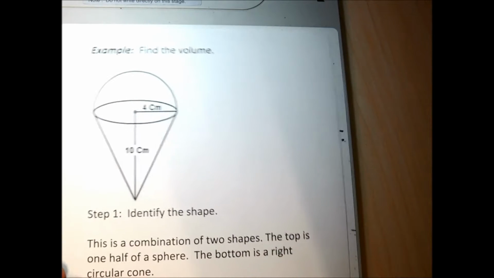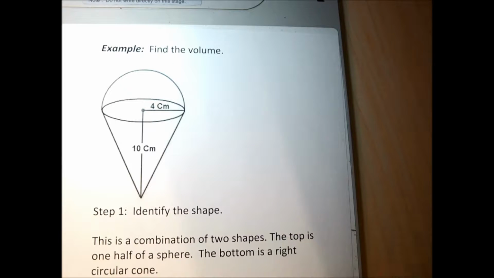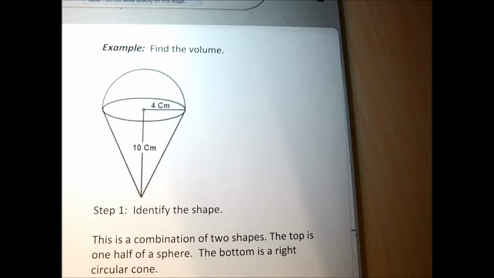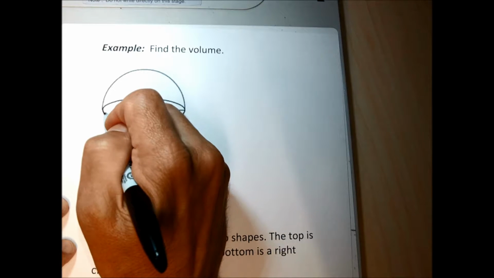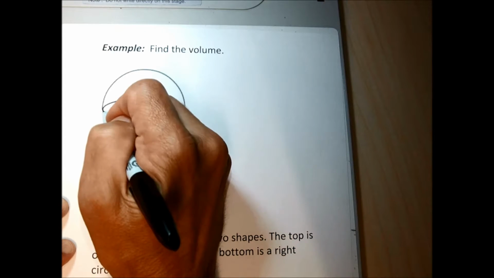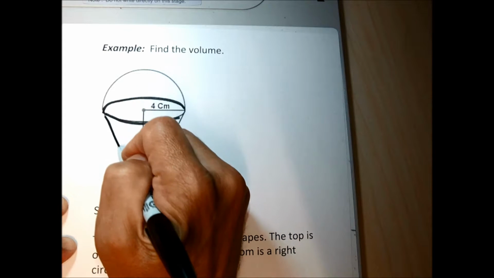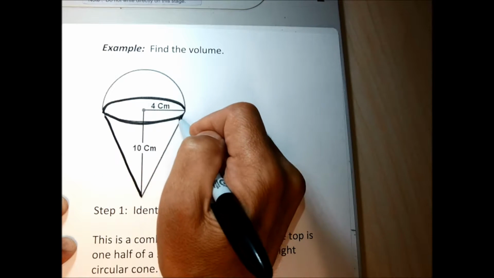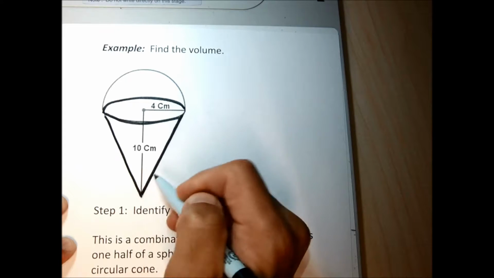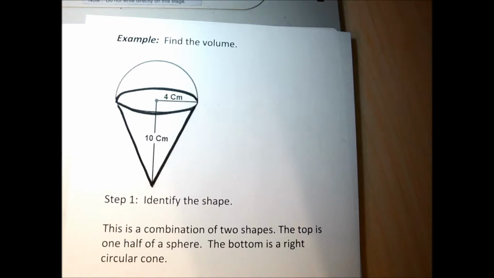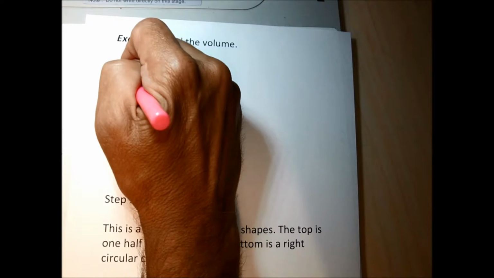One more example, and then we'll get into the homework. For this example, it's a composite shape. This is made up of two shapes. The bottom here is kind of an upside down pyramid. I mean, an upside down cone, should I say. So in order to find the volume, I'm going to have to do this as two separate shapes. The base, for lack of a better word, is a cone, and the top,